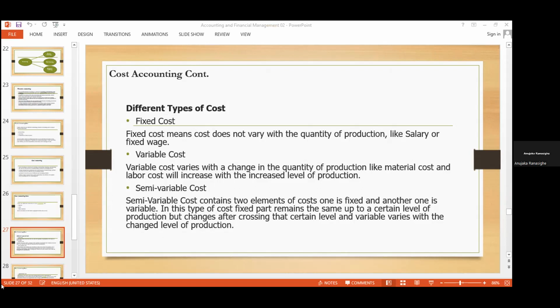Semi-variable costs are costs where some amount is fixed and after that the amounts vary, like an electricity bill. Some units consumed are fixed. After that amount,